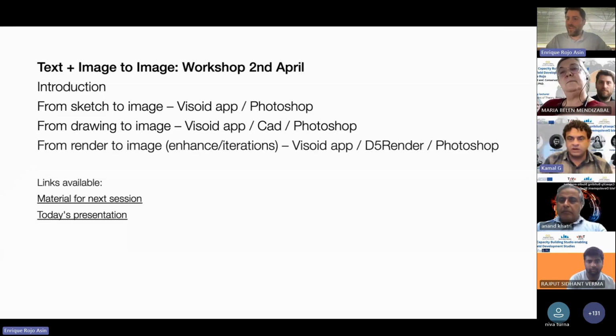If you really want to invest because you want to be a professional 3D person, then it's better to get a high-end computer and pay for a GPU and everything. But if it's for your own studio, Visoid I find is a nice one.